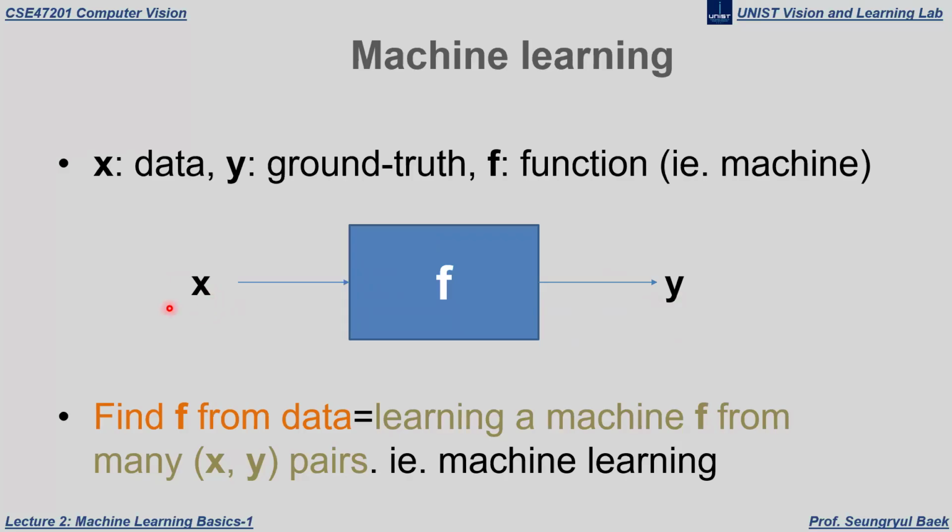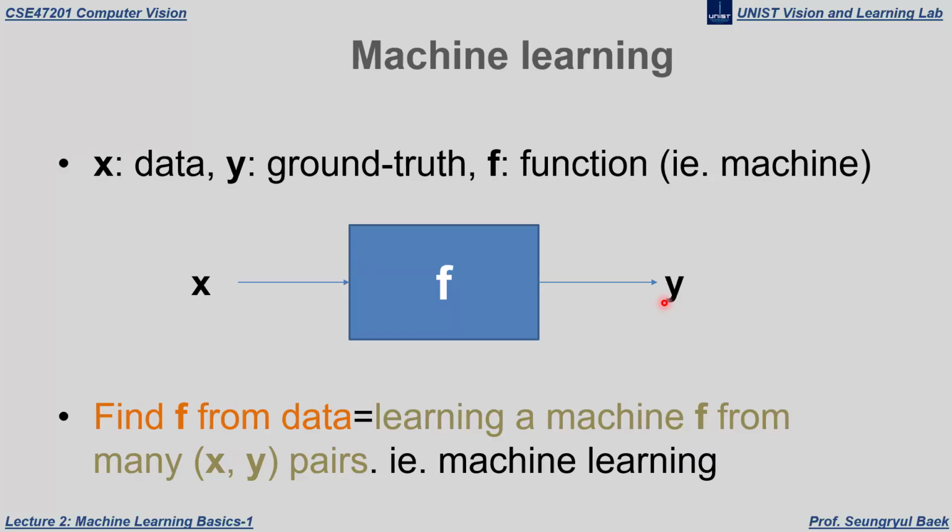If we input X to F, then there will be F(x), the output of the system F. And Y means the ground truth. Ground truth in Korean is 정답. So we are expecting the function F to output the ground truth, but unfortunately,